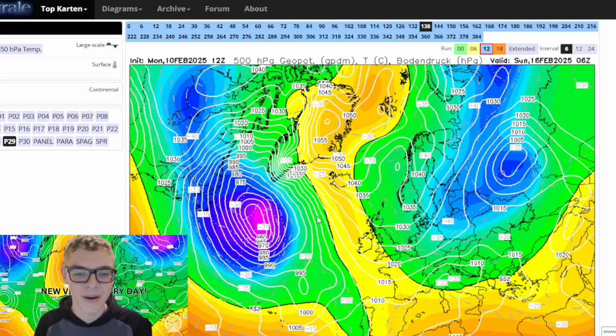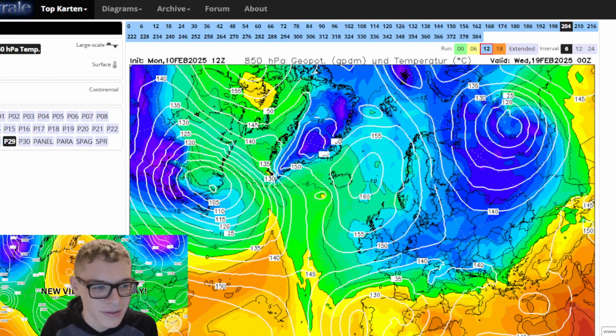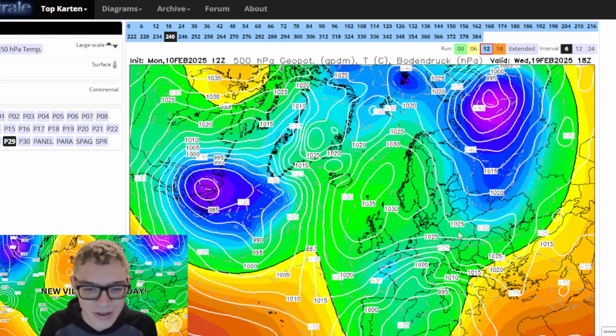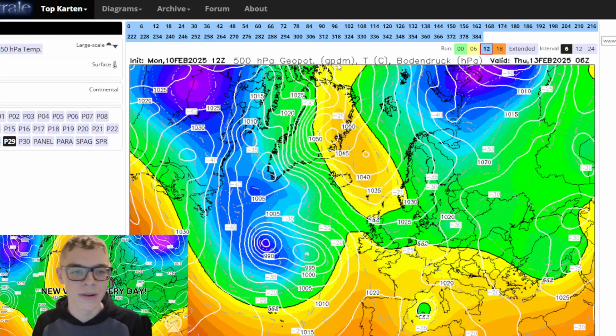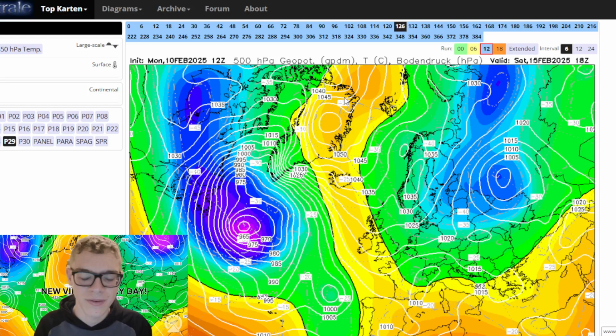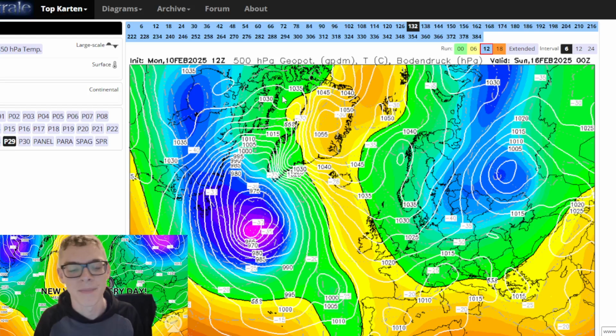Proper block, that's what we want. Proper block to the north and west. It's probably unlikely to happen, but again, interesting to see. Look at that. Bitterly cold air from the east. Beast from the east. I mean, that would be interesting, wouldn't it? But yeah, most likely we're going to go Atlantic driven, but never say never. There's been some interesting signs today, but we're basically none the wiser with what's going to happen.